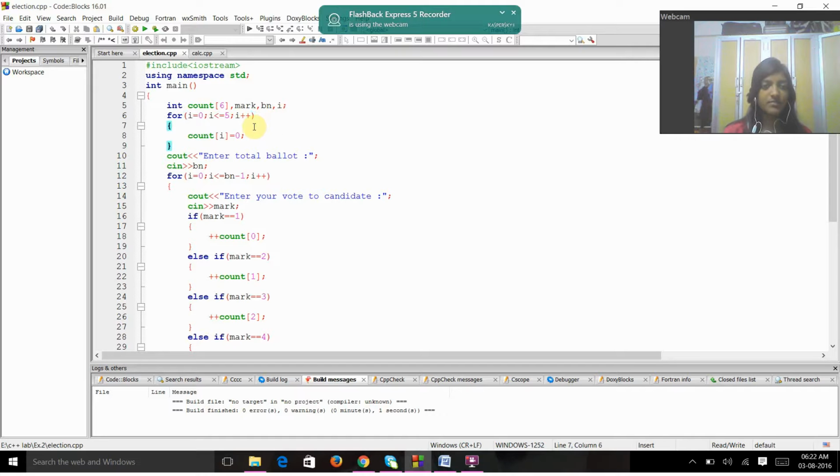Now I am using a simple looping statement to initialize each element of the array variable count as 0. So now the looping goes this way: for I is equal to 0, I less than or equal to 5, I plus plus. So now first initially the value of I is 0 and it goes up to 5, and then after the looping statement I am asking the user to enter the total number of ballots,